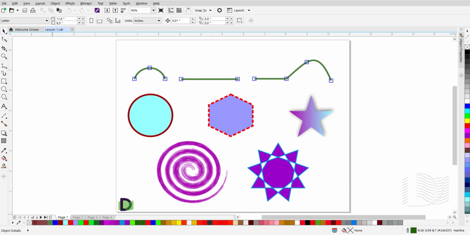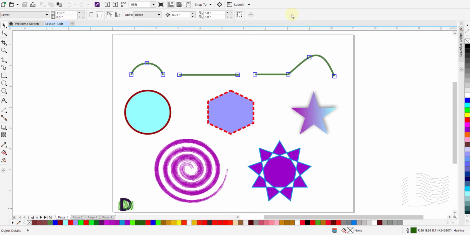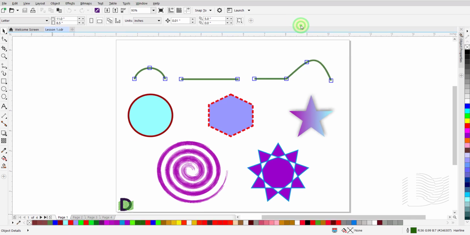But before you do that, let us get familiar with a few basic things. This, at the very top of your CorelDRAW screen, is your menu bar. If you right-click on it, you will see a pop-up menu window that allows you to activate or deactivate a few options in terms of which bars you would like to have visible in your setup. If the option for menu bar has a check mark against it, it means your menu bar is active. Click on it, and your menu bar vanishes. Let's bring it back.